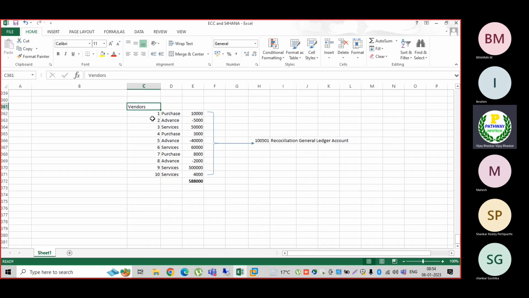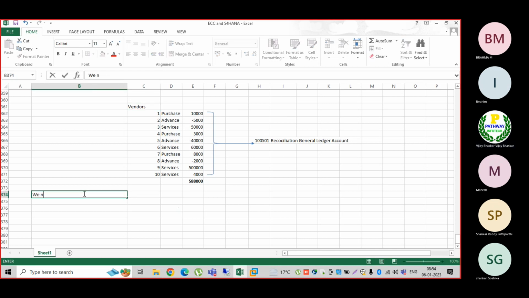Now you understood what the subledger concept is and why we call it that. We need to remember, we need to be aware of the following points about the reconciliation account. Number one is: